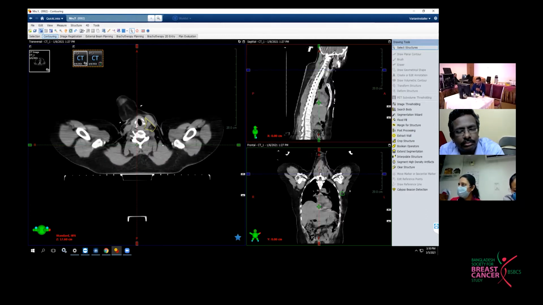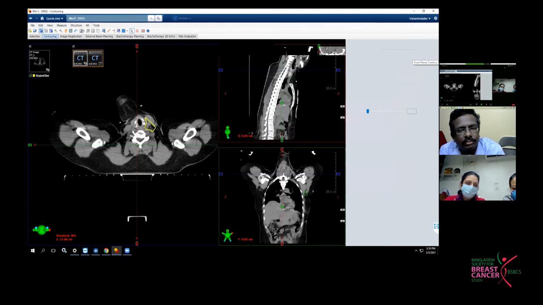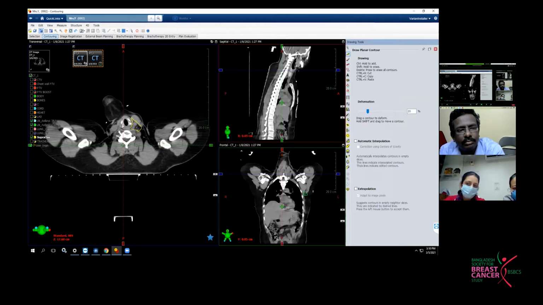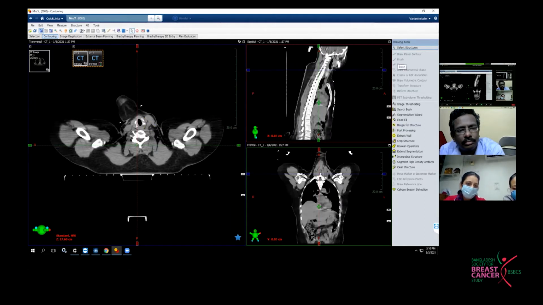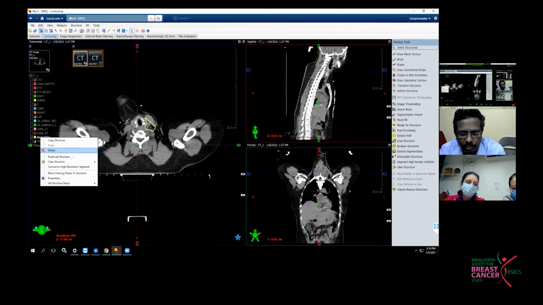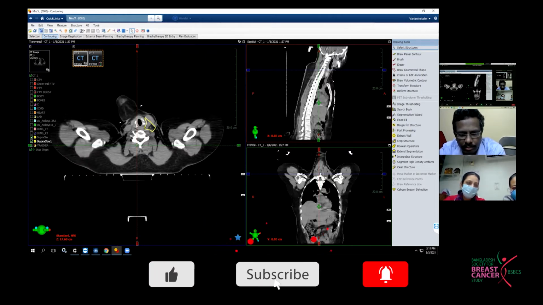According to the RTOG guideline, the superior border will be the caudal edge of the cricoid cartilage. Can I suggest one thing? Yes. Can we put off all the contours, and maybe you can demonstrate the structures which decide the various extents of the target volume. So let us start with that. Let us identify the structures which help in delineation of the volumes, here with respect to supraclav, putting off all the contours.